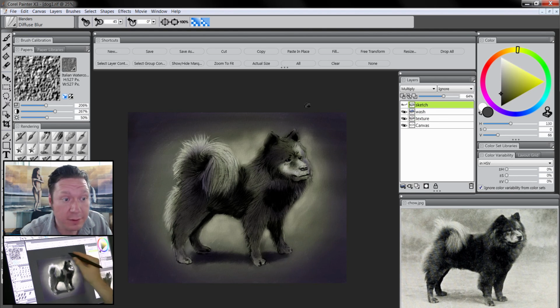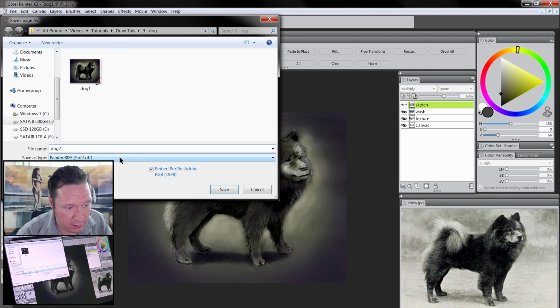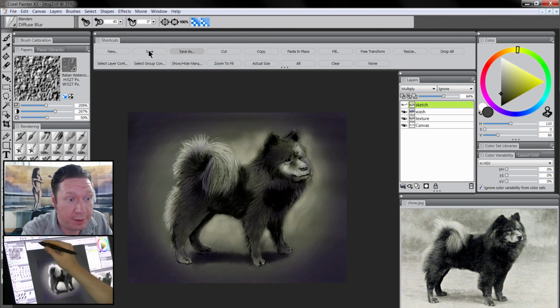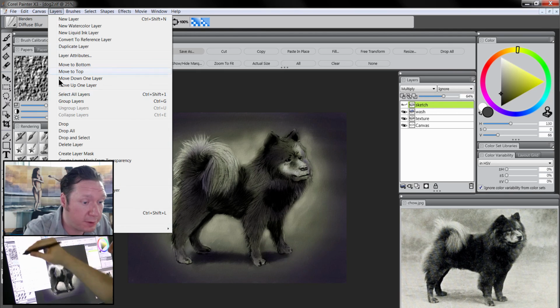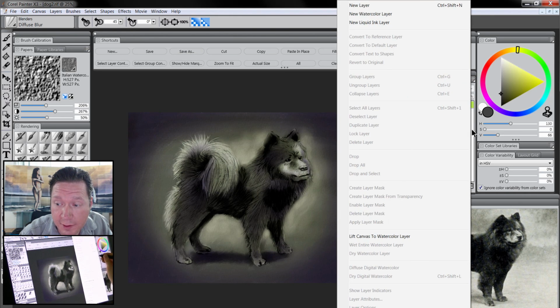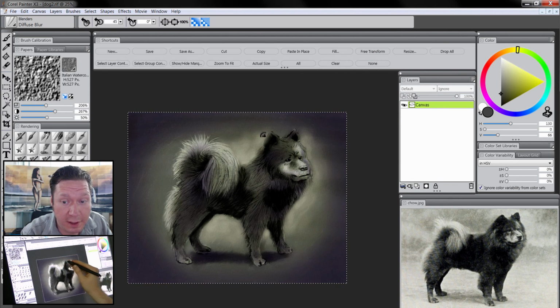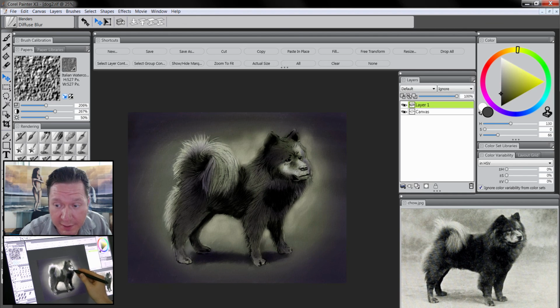So what we'll do is we will go ahead and just save our current image. And I'm going to do a save as. I'm going to do a layers drop all. So now we only have one layer. And I'm going to duplicate this layer. So what I have to do is a select all, and then I have to copy and paste. I have this duplicate here, and that will allow us to apply an effect to that without worrying about what's